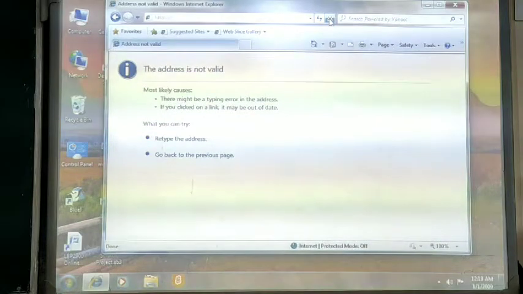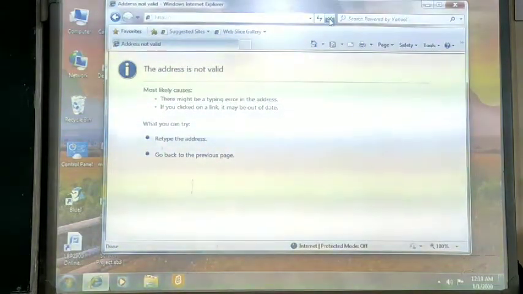So the stop button is used to stop the web page from being displayed while it is still opening. And if you have typed a wrong address, then you must stop it from loading by clicking the stop button. So if you have entered any web address wrong and you have pressed the enter key and your web browser starts opening the web page, immediately you can press the stop button to stop the web browser from displaying the complete page. Okay.